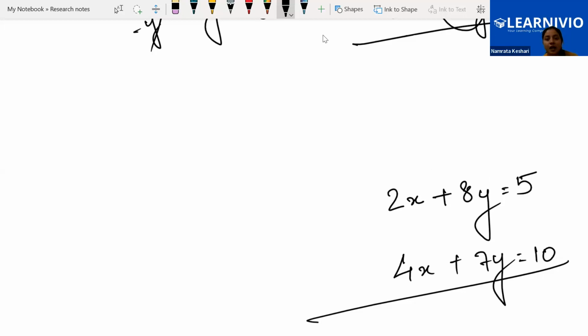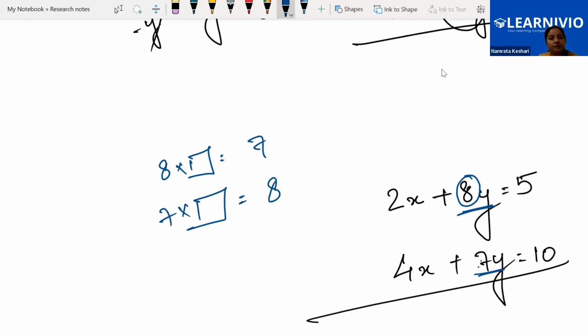Exactly. If we try making the y terms, 8y and 7y, the same, see, if we want to make this 8 a 7, is it possible? What should be multiplied with 8 to get 7? Not possible, right? What should be multiplied with 7 to get 8? Not possible. This type of scenario we will also discuss, but for now I want you to see carefully